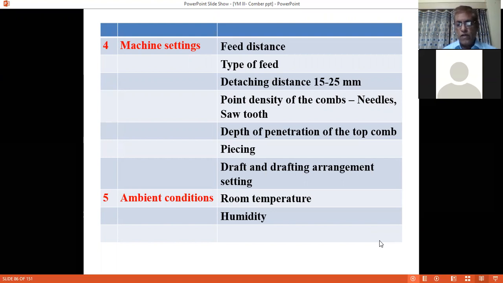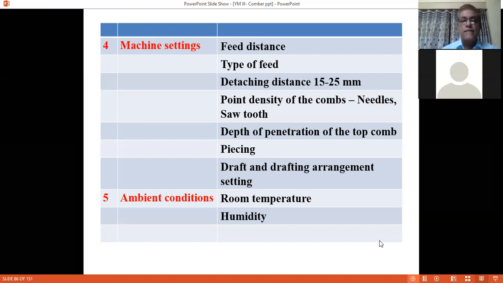Because long staple cotton is generally used for very good quality yarn, and as the quality requirements are stringent, we should have lesser feed distance. So if the feed distance is lesser, we will get best results. But at the same time, we have to take care of production also, and staple length of the cotton also. So in general, we can say for short staple cotton, it is kept 7 mm, and for long staple cotton, it is kept 4 mm.